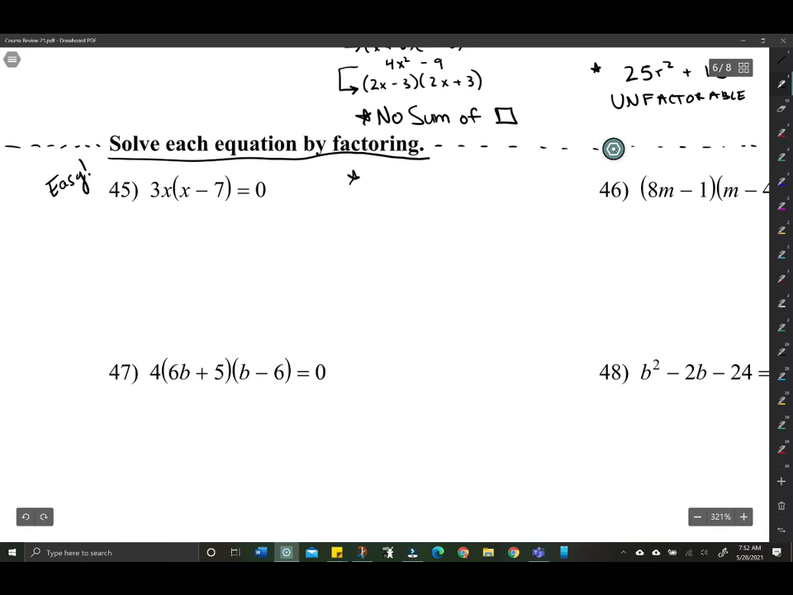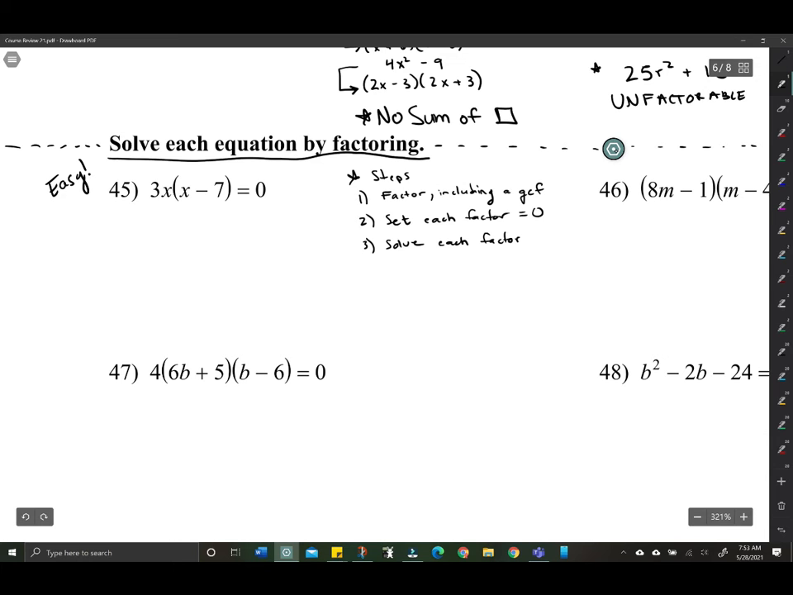So, steps for solving are one, factor. So if they're not already factored, you need to do so. That includes bringing out a GCF. Step two, set each factor equal to 0. And then simply solve each factor. Okay,